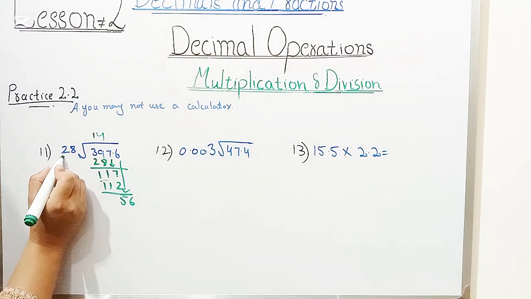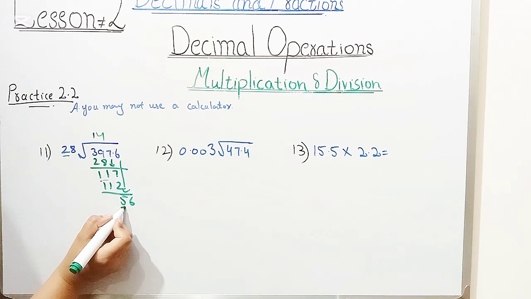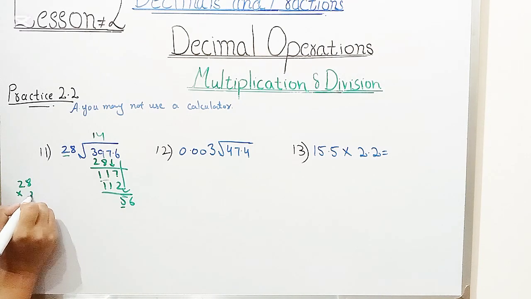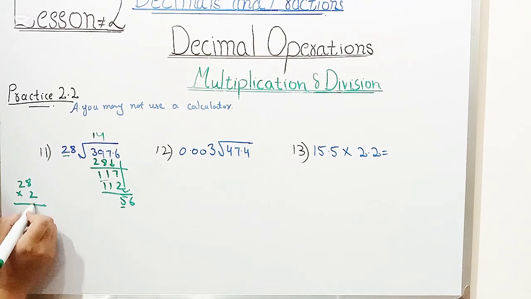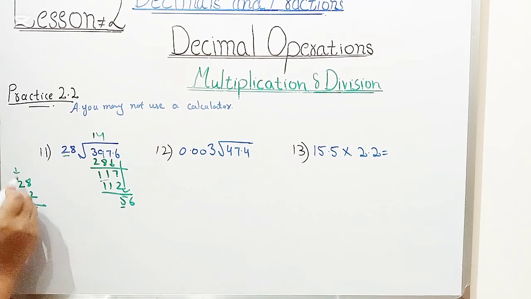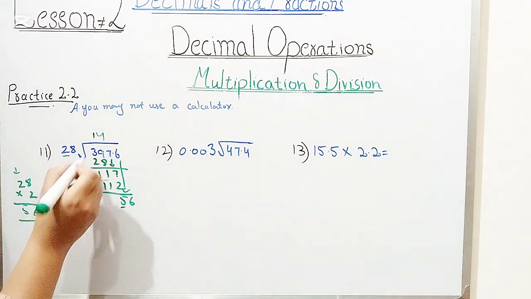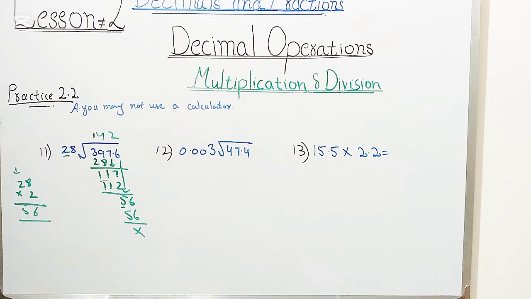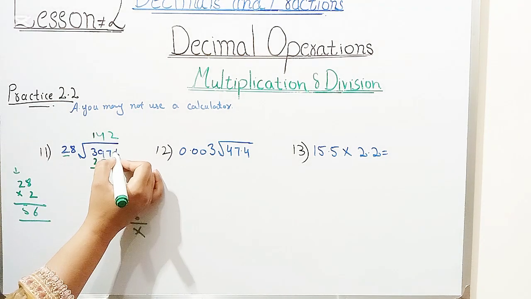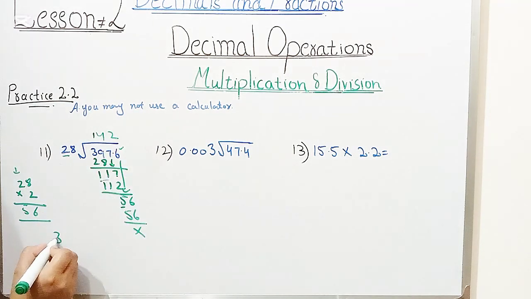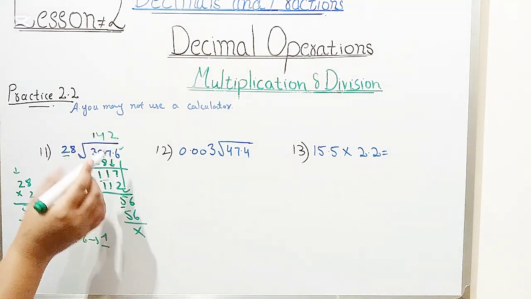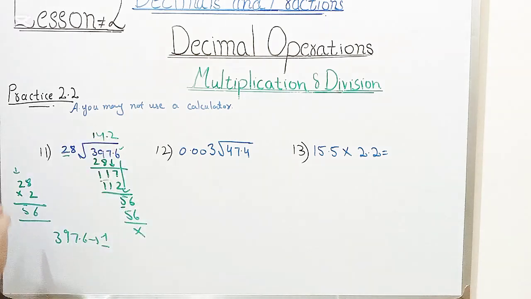56. Now I will again take 2 2s are 4 and 2 3s are 6. Then I will multiply with the 2. 8 2s are 16. 2 2s are 4 plus 1. It will become 56. 28. Now the decimal, from the right side, after the one value, one decimal place. So in the answer we will move from the right side. It will be placed after the one value. 14.2 is the final answer.